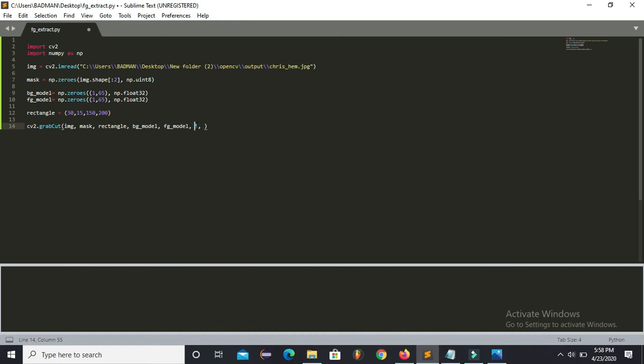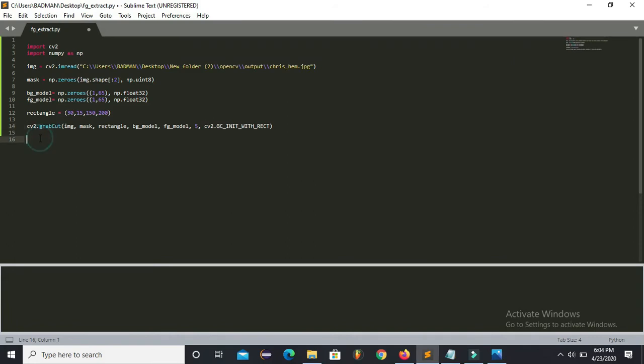Here I have specified 5, which means that our algorithm will run 5 times for extracting this foreground. And the last one will be the mode. This is the mode which we will be using to extract the image.